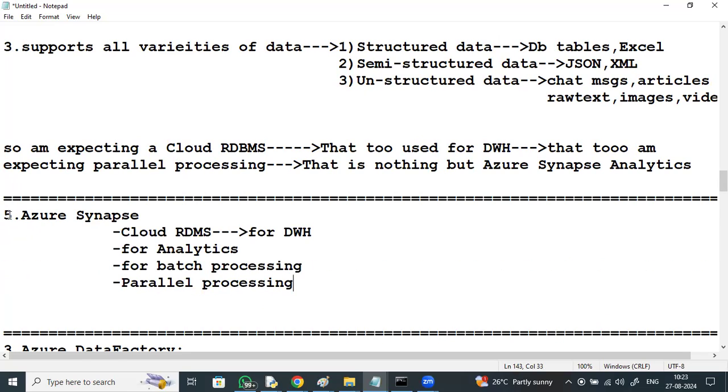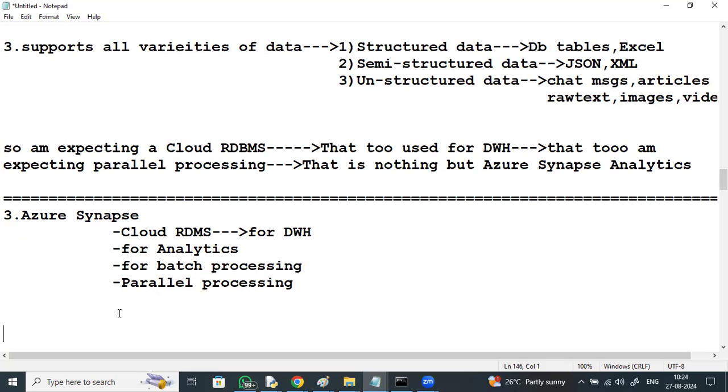Azure Synapse. It is a cloud RDBMS for data warehouse, for analytics, for batch processing, and for parallel processing in Azure Synapse, right? Here in Azure Synapse, observe,